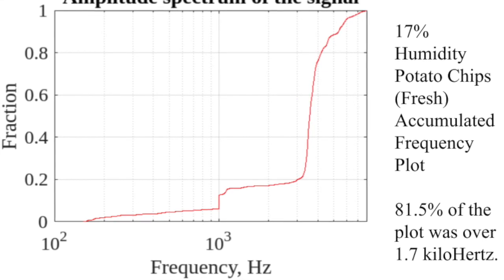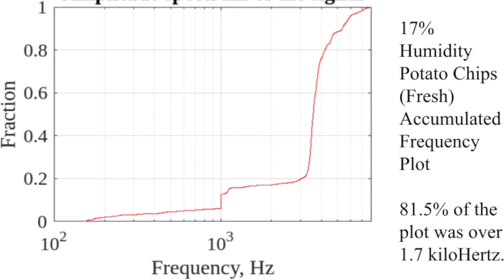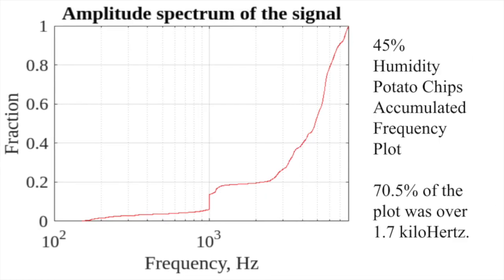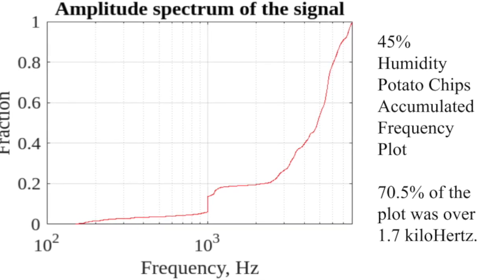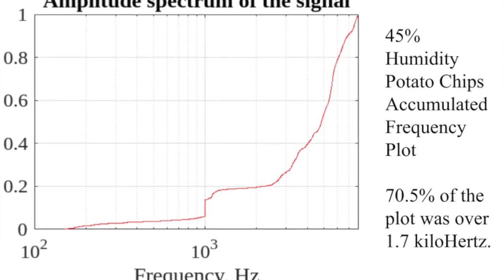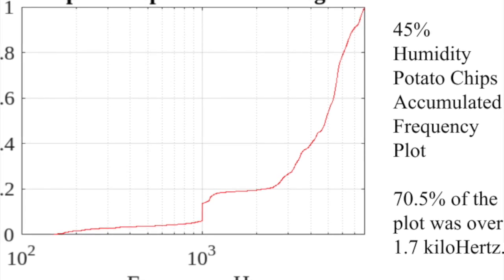1.7 kHz. The MATLAB program calculated that for the 17% humidity chips, 81.5% of the plot was over the threshold. For the 45% humidity chips, 70.5% of the plot was over the threshold. Therefore, the 17% humidity chips were composed of higher level of frequencies than the 45% humidity chips, indicating a higher